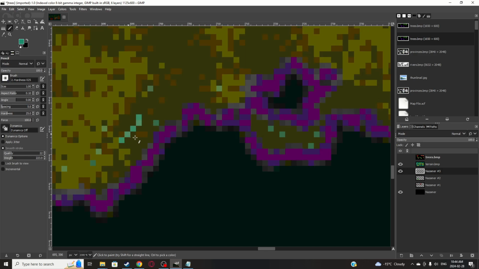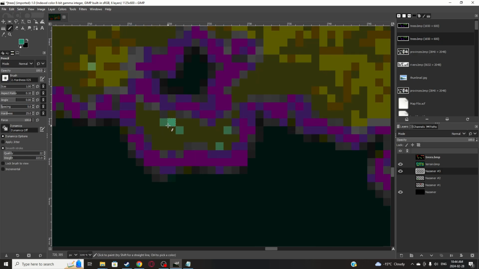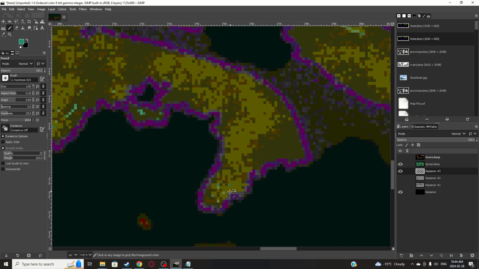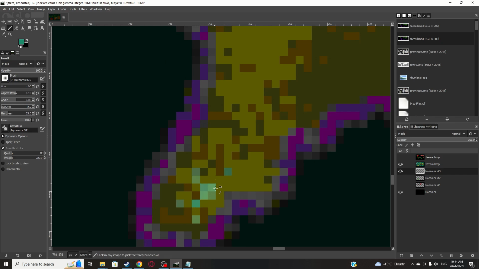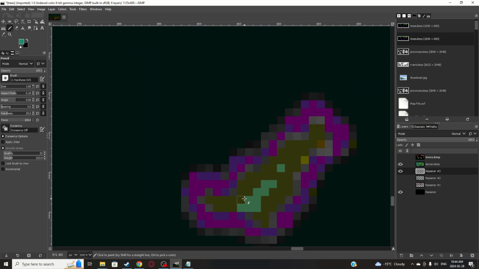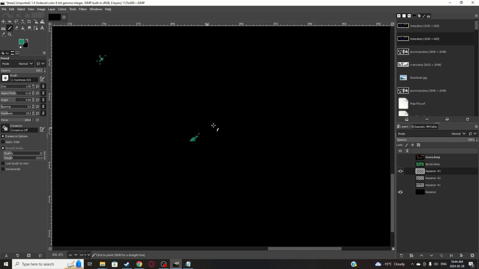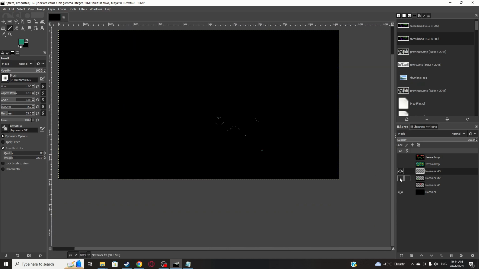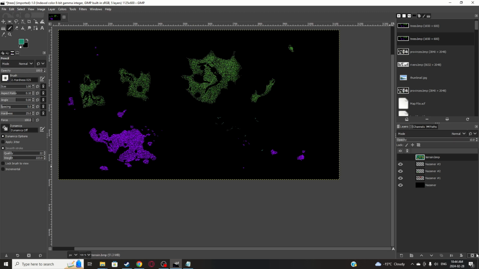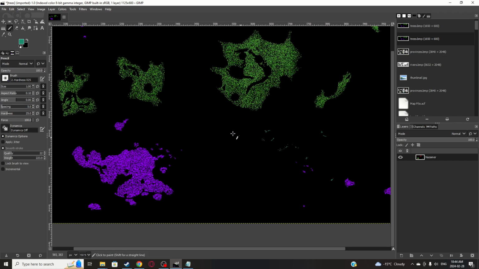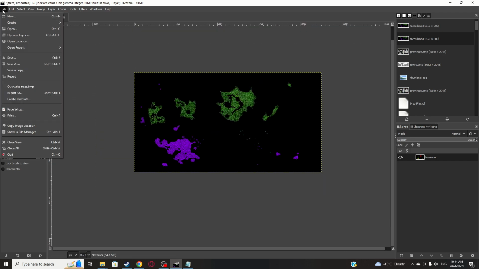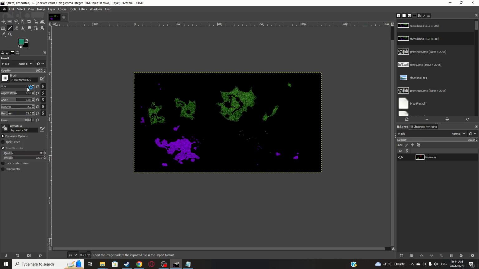Make sure you don't go out of the borders while doing it, of course. Alrighty, I think that's good for that. So we can delete the first 2 layers, and we can merge all of these, and we have our tree map. So now what we're going to want to do is File, Overwrite Trees.bmp,